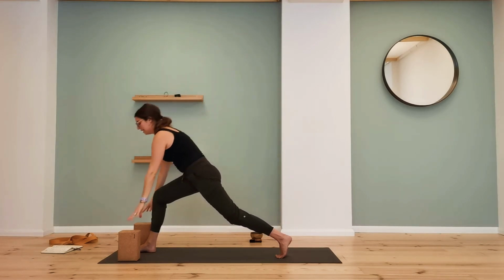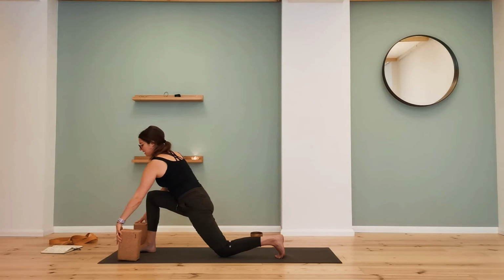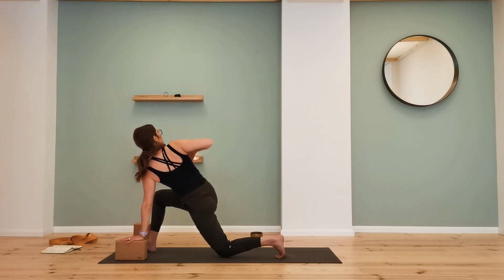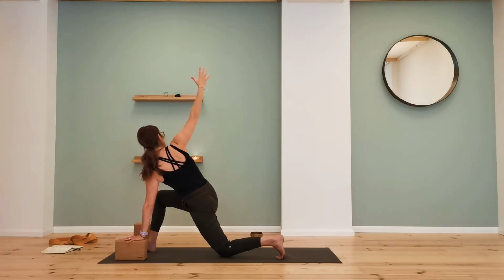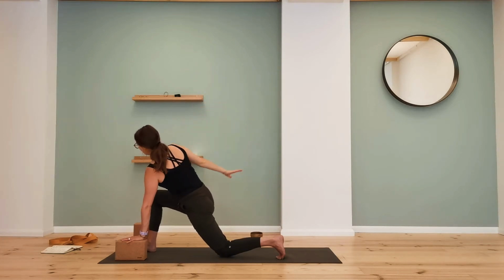Lower the hands down. If the left knee is lifted, lower it down. And you might keep the block under the left hand higher or lower. See what you prefer. And with the right hand, open the chest up to the right in a twist. And float the right arm up to the sky. So you're twisting through the upper body, but the legs will stay as stable as before, as much as you can. Think of drawing the shoulders back and pushing in opposite directions with both hands. On your exhale, slowly lower the right hand down